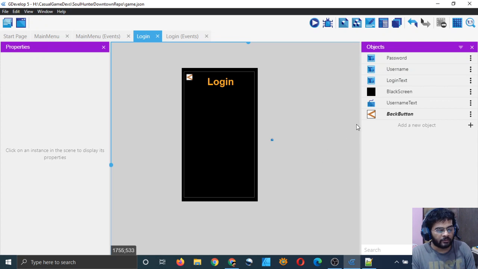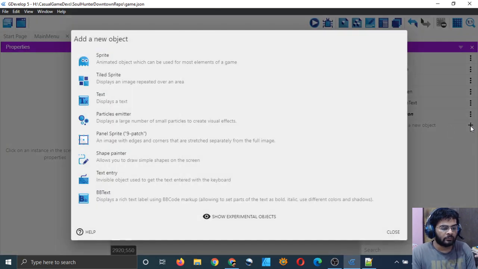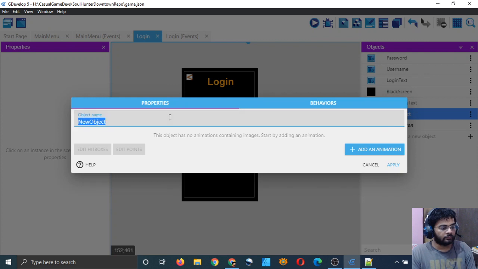First of all, next thing which we have to do is add a button, and I will add a very simple login button sprite. I will call it login button, and add animation.